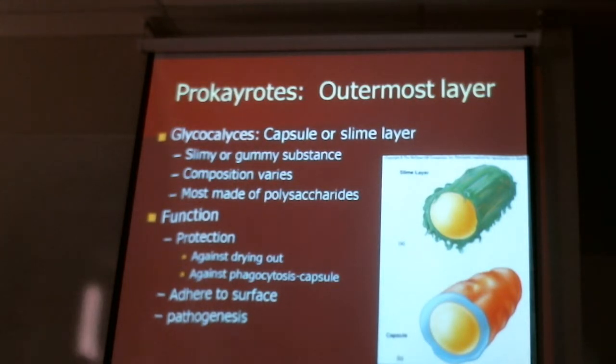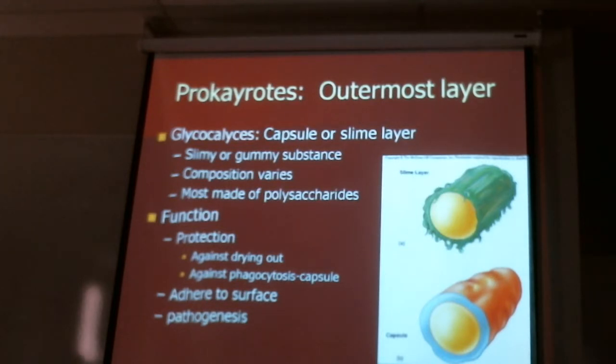Now, slimy or gummy substance, that's a good description. You guys can see the difference between a slime layer and a capsule. Typically, the slime layer is what you find in a biofilm. So as organisms make communities, a biofilm is just a community of microorganisms, they secrete polysaccharides, and it can vary